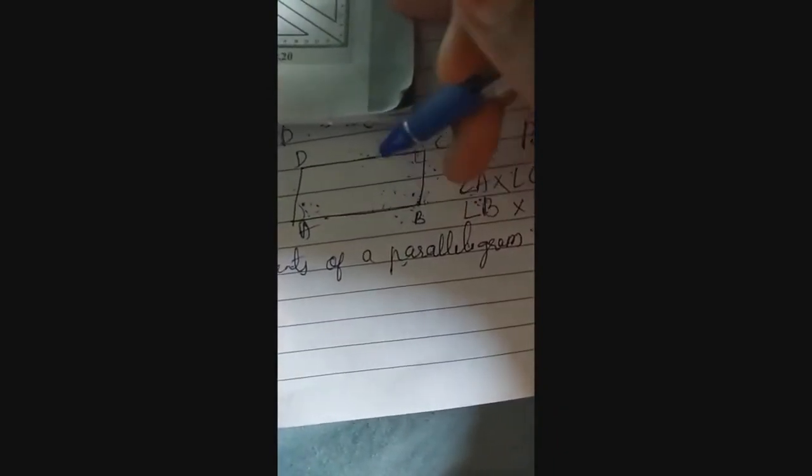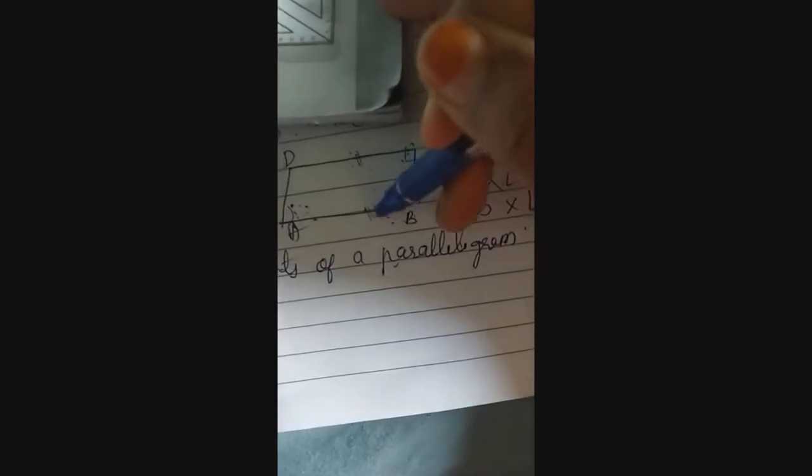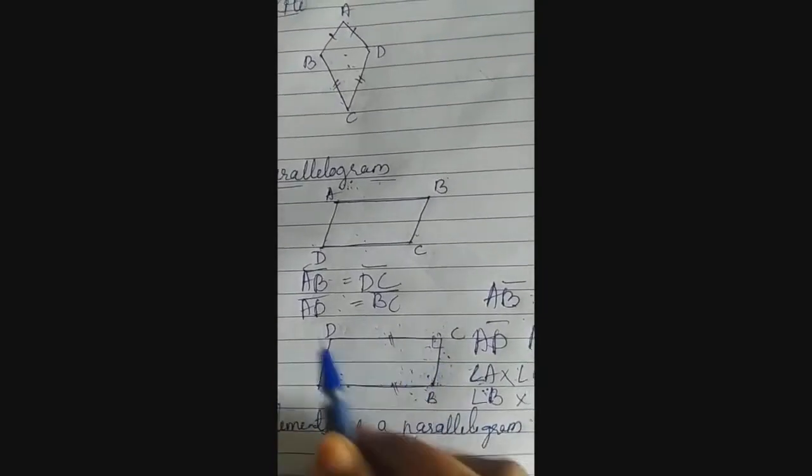One property of a parallelogram we need to remember is that the opposite sides of a parallelogram are equal in length. So, this is about sides. And what about angles of a parallelogram? It is important to know that the opposite angles of a parallelogram are equal. As I said, opposite angles and opposite sides both are equal in measure.